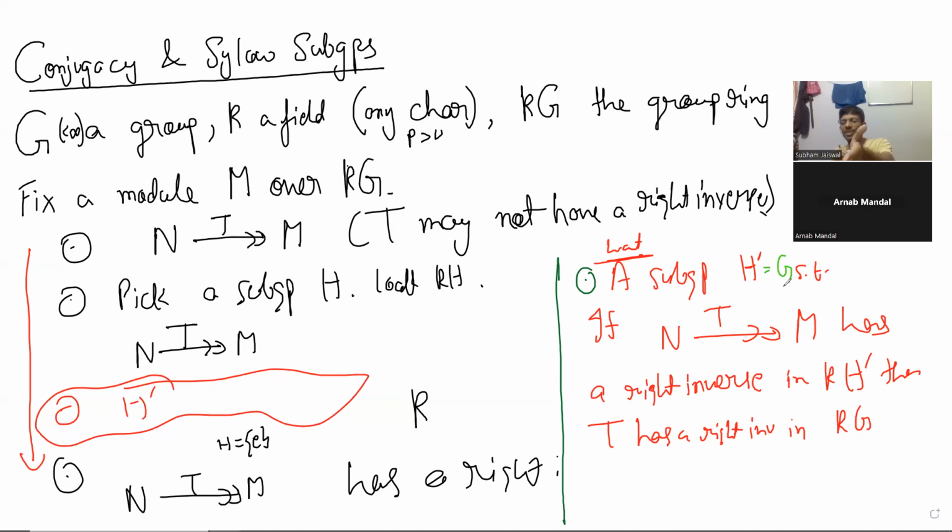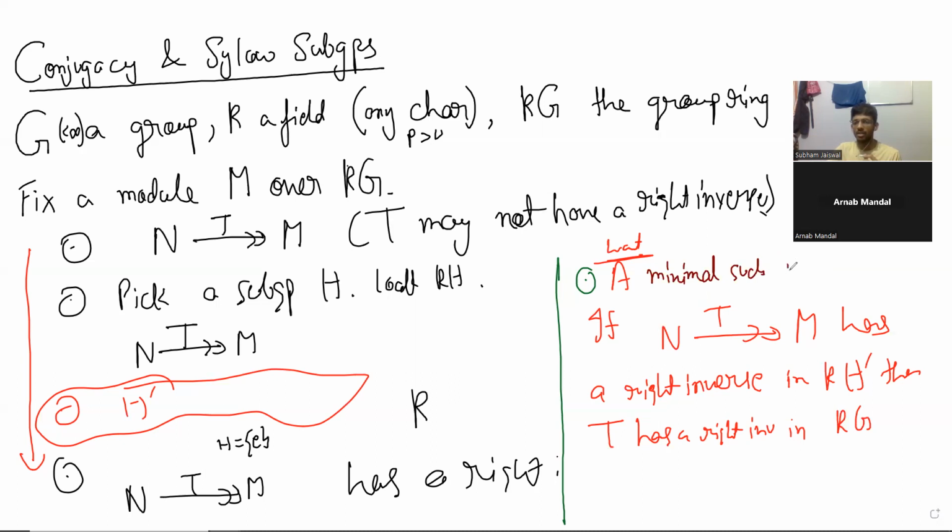I mean, if you take H prime to be G, then it is true. Why? Because then the statement becomes a tautology, right? If T has a right inverse in Kg, then it has a right inverse in Kg. That's always true. So what do you want? You want a minimal such subgroup, because you already have a subgroup like that, which is a group itself. We want a minimal